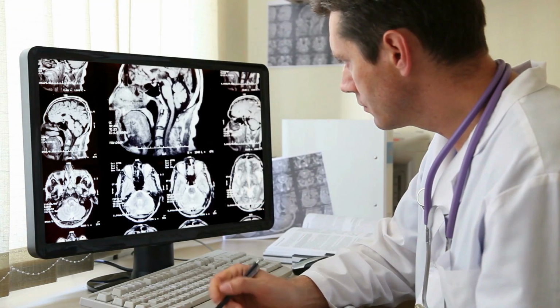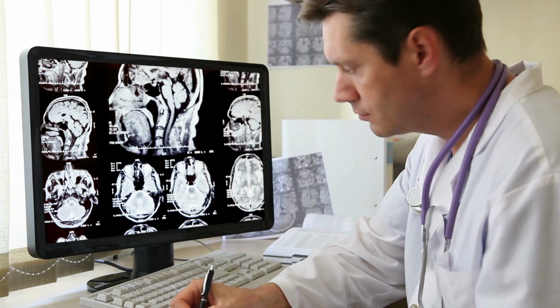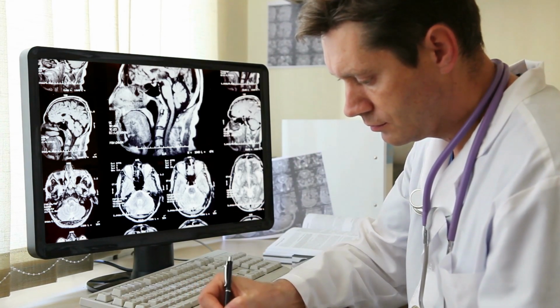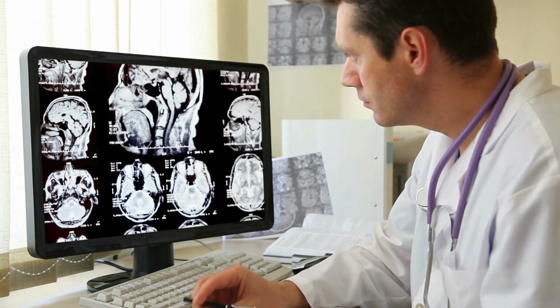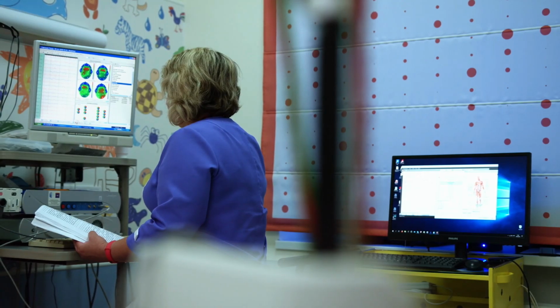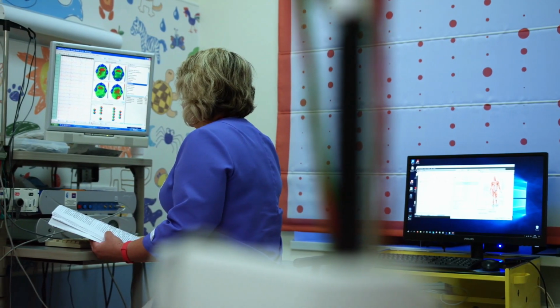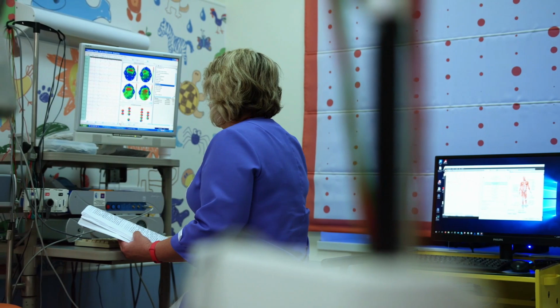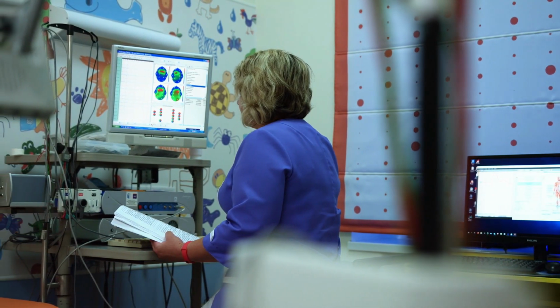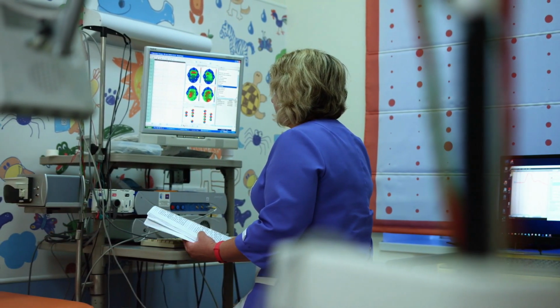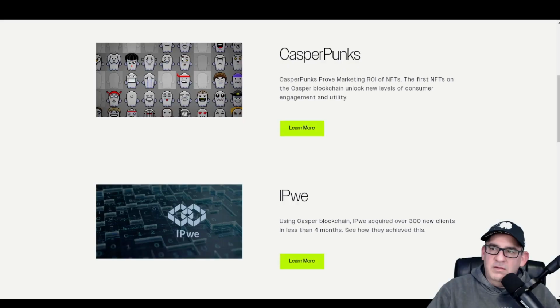Healthcare systems big. It's probably going to be a very big one in the future for blockchain technologies. But Casper can be used to securely store and share medical records and other sensitive data while maintaining privacy and security, of course. And this can help reduce administrative costs, improve data accuracy, and facilitate better patient outcomes. So real estate.